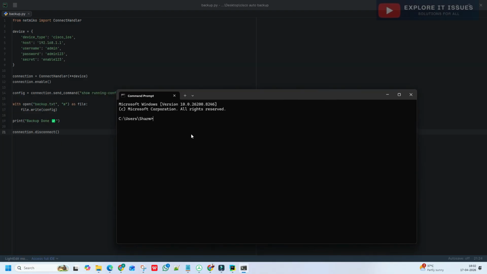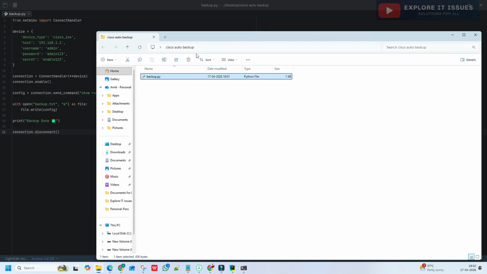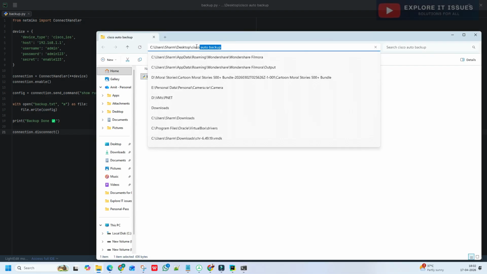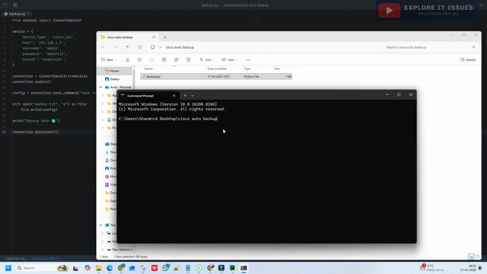Now go to the folder which you have created on the desktop: cd desktop. What is the name of the folder? The project folder. I'll show you what name I have created. The name is Cisco. Copy from here, type it here, backup, then enter.